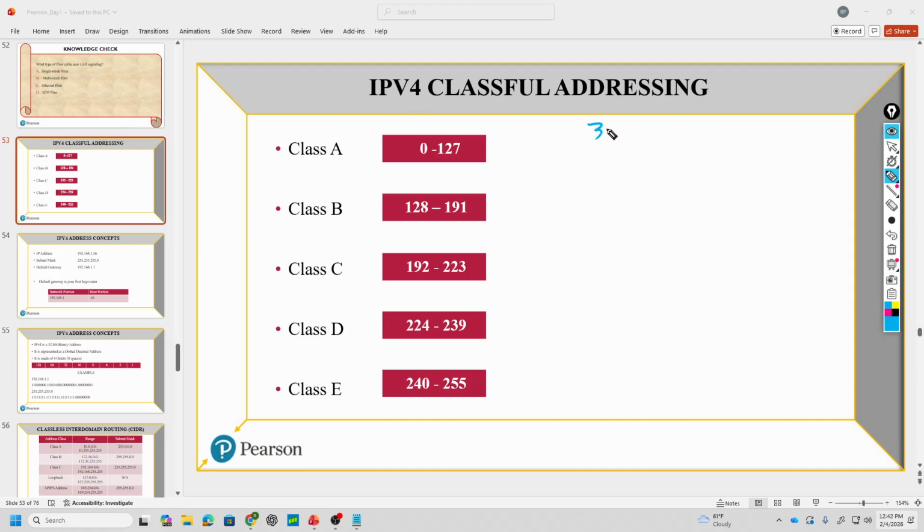IPv4 is a 32-bit binary address. Okay? It's made up of 4 what we call octets. An octet equals 8. So what does that mean? It means I have 8 spaces, then a dot, and then 8 spaces and a dot, 8 spaces and a dot. Okay? So the very first